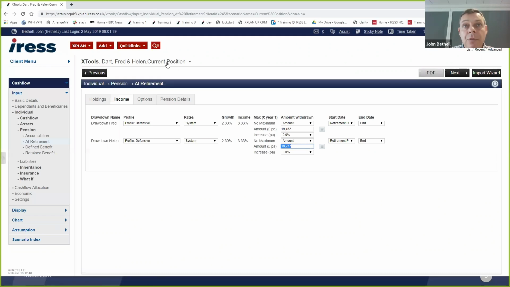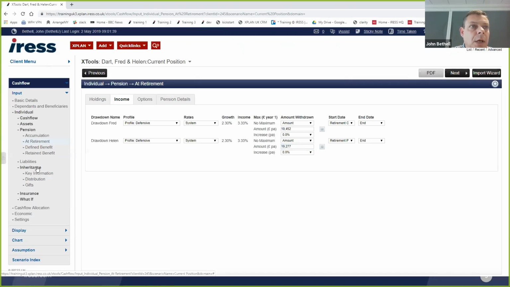I just label it drawdown review 2019, job done. And that will have taken me all of 5 or 10 minutes. So we set up our pensions. One of the areas I'm going to touch on as well, I'm not going to talk about defined benefits today, but it's full defined benefits in terms of calculations for any defined benefit transfers. I'm just going to touch on a couple of areas.